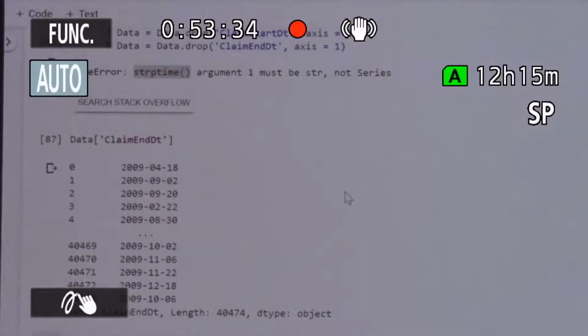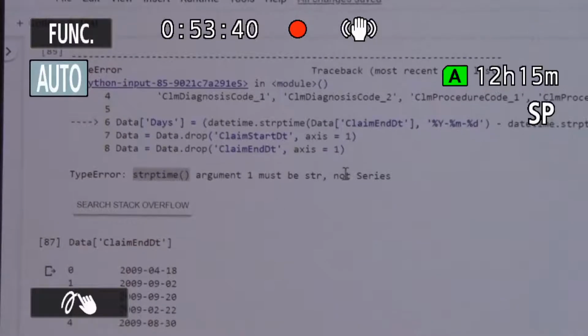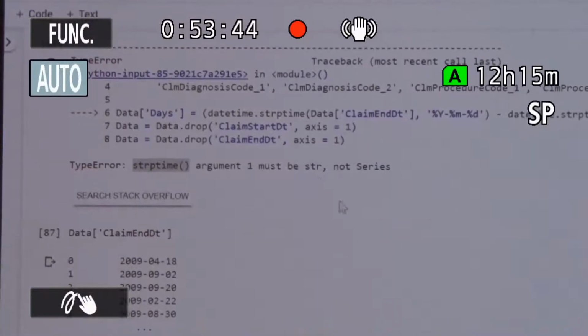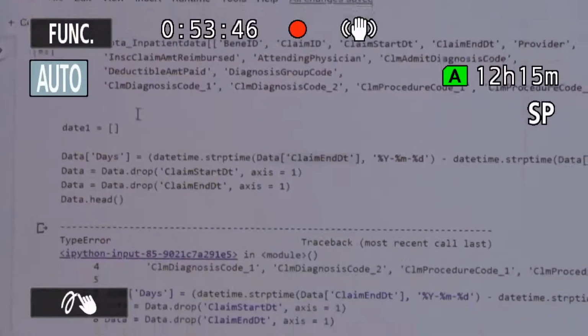And this is called a series. On pandas, a column is called a series. So that's what this guy complained about. He said, look, the first argument is not a string, it's actually a series. So what I have to do is